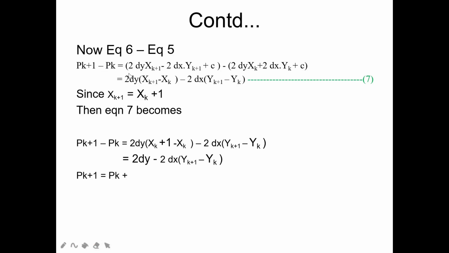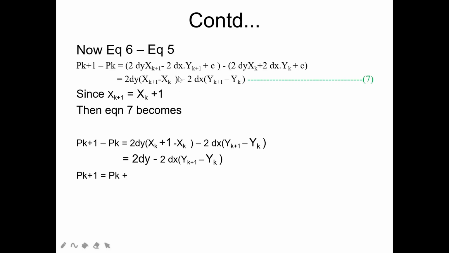So here I have missed one step. You can do it. Open this bracket and multiply this minus sign here, total. Okay. So once you multiply that, next what you are going to get? You are going to get it in this way: 2 dy here, 2 dy here. So take it as common. If I take it as common, I will be left with xk plus 1, and here this one will be minus xk.